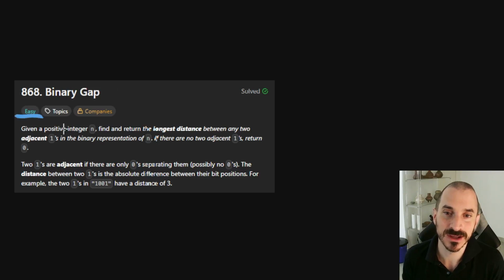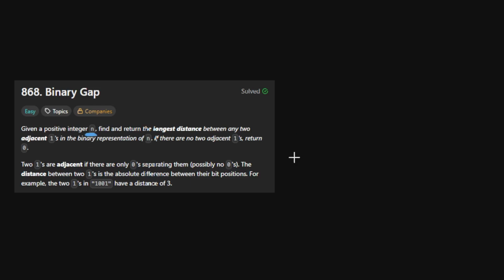This is an easy one and here I will show you my thought process and efficient solution. We are given a positive integer n, so let's say that we are given number 22. This is the base 10 representation of 22. And the binary number in this case, meaning the base 2 representation, is